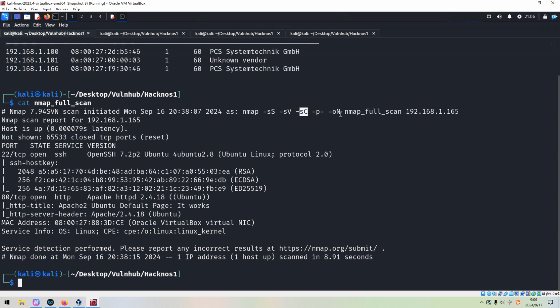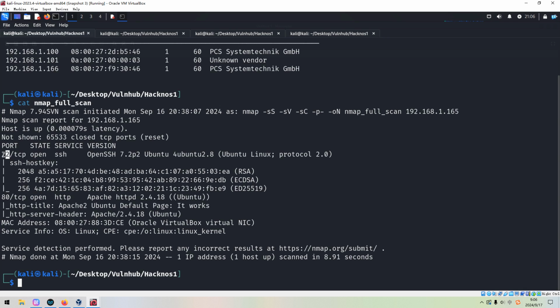The last option of all is -oN to output the result into this file. Although, as you can notice here, the IP address has been changed from the first time when I did the machine. So from the Nmap scanning results, we can tell that the target has two open port numbers in total.